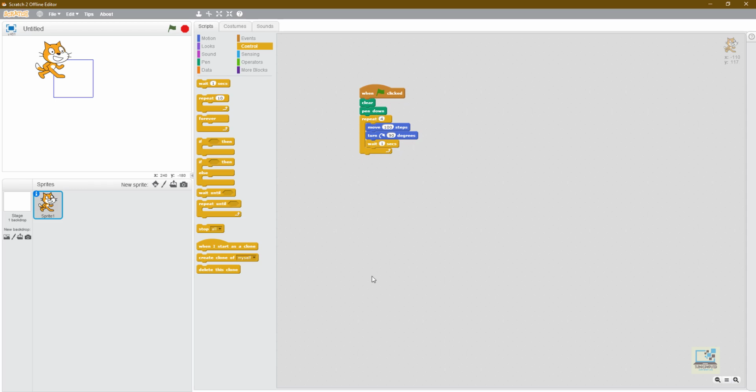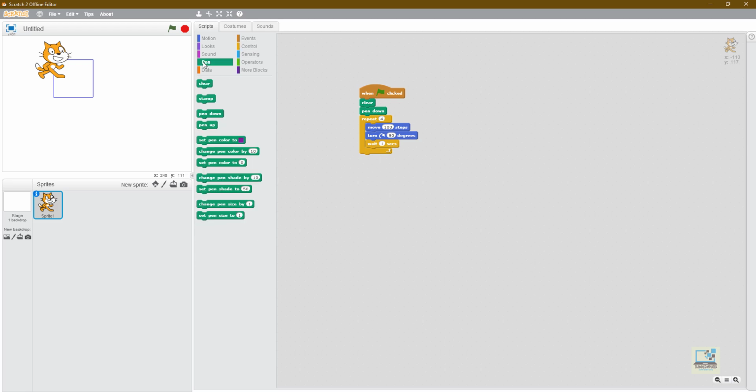Now if you wish to change the color of the line, then you have to go to the pen block. In the pen block, you have the option of set pen color. If you drag and drop this command just before the repeat block and you run the program, then the color will be changed to purple. You can change any color from here.